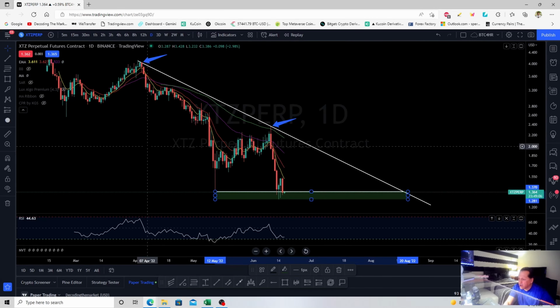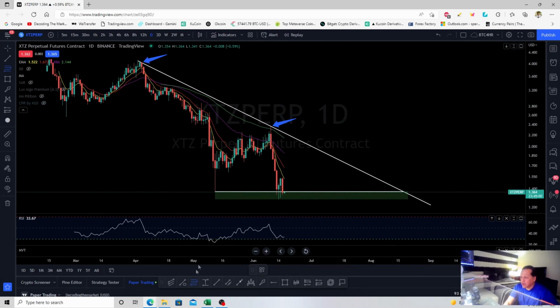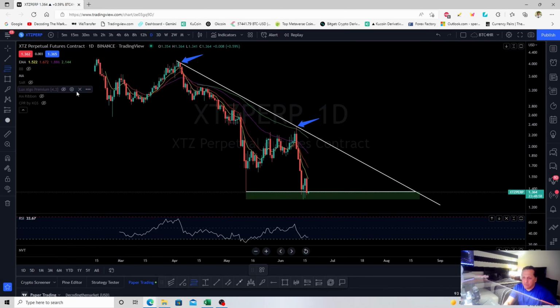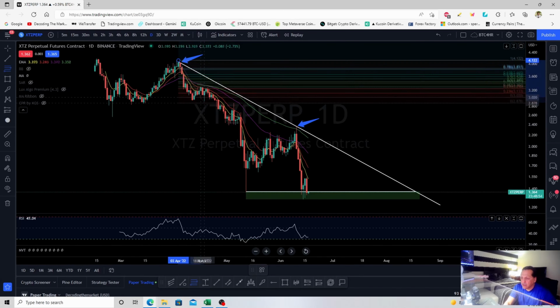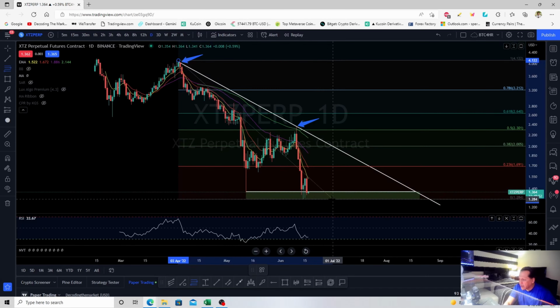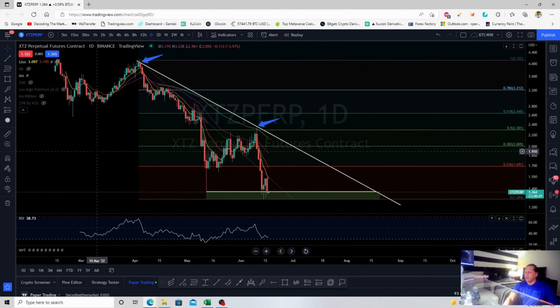But let's find out first using the Fibonacci retracement. Okay, and let's draw right here from this top to the bottom and find out where could be the possible move to the uptrend. Would it be possible if the price finds support, as I said right here, a strong support, the price will find a bunch of resistance right here, but the last one would be this area, which matches around the Fibonacci level